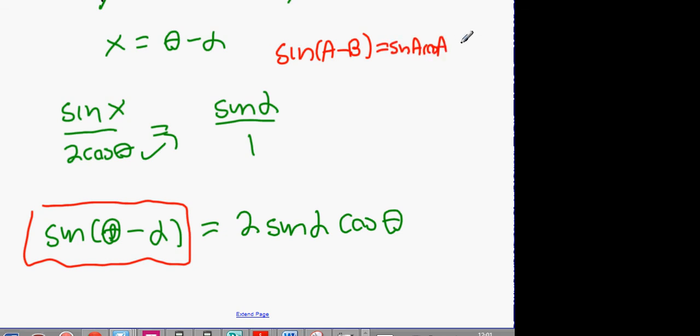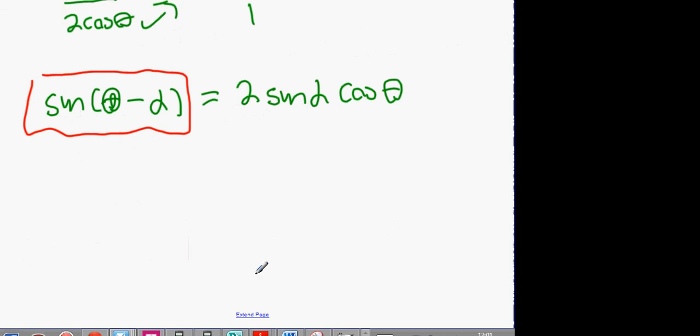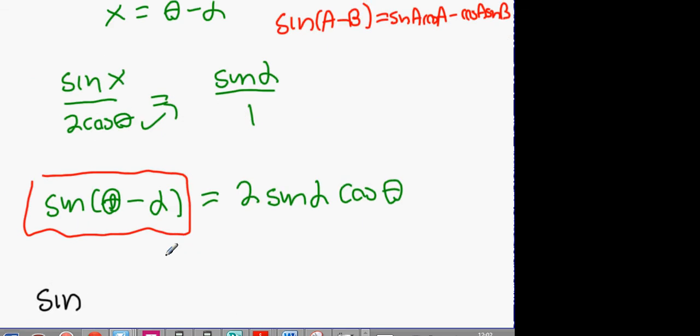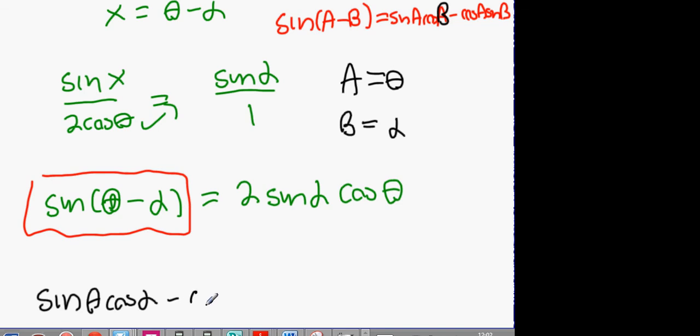Minus cos A sine B. Okay? Then you're going to put it in. And what do we get now, guys? We're going to get sine. So A is theta and B is alpha. Let's put them in. So what we're going to get is sine theta cos alpha minus cos theta